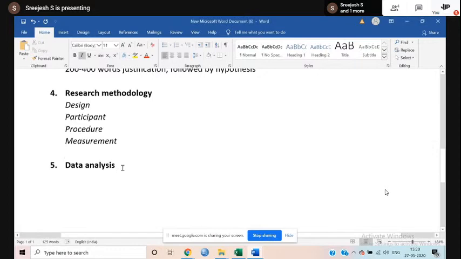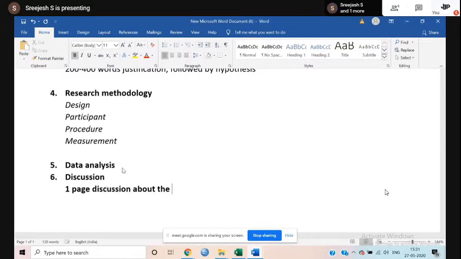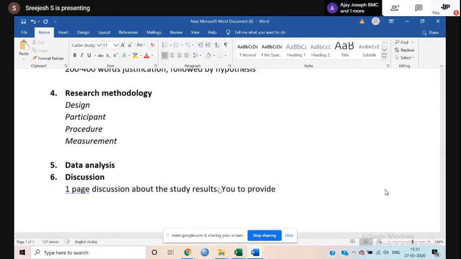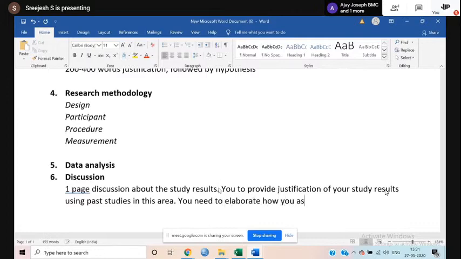Now, after data analysis, you need to provide a discussion. So what is discussion? In most cases, in my case, I'll provide a maximum of one page of discussion about the study result. One-page discussion means, remember, discussion of the study result. When you're discussing the study result, you need to provide justification of your study results using past studies in this area. You need to elaborate how your study adds value over existing understanding,